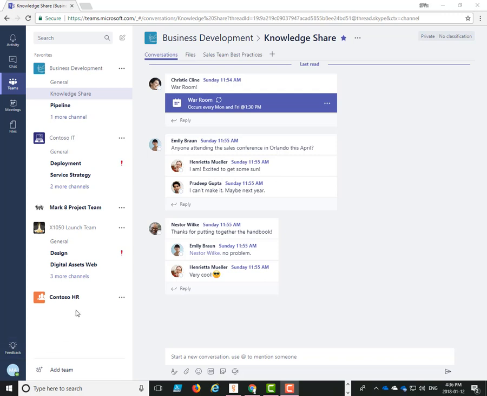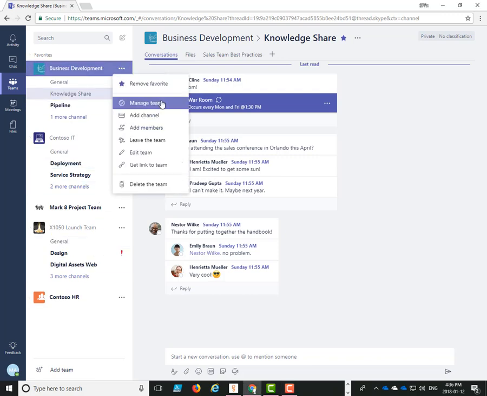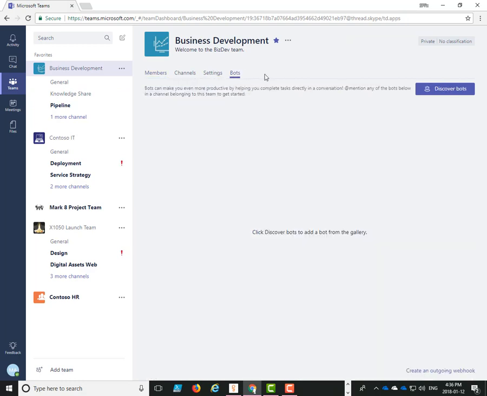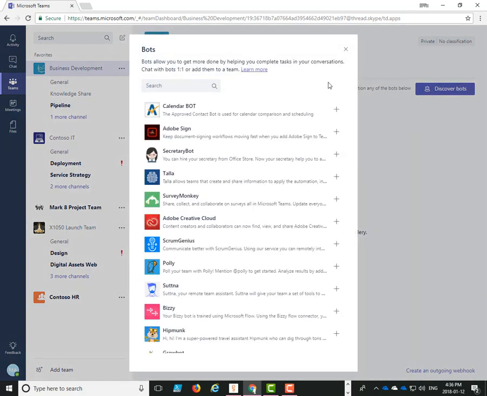You have the ability to add a bot directly to your team by selecting the bot section and then listing. You can get a listing of all the different bots that are available. It is also possible to create your own bots and integrate those into Microsoft Teams.